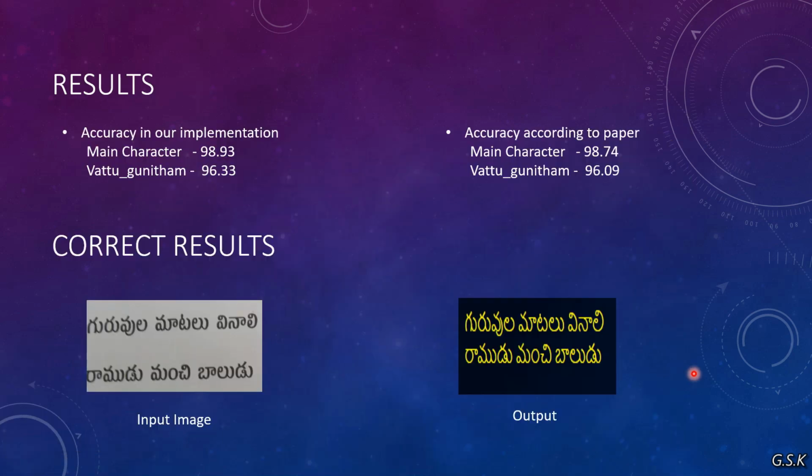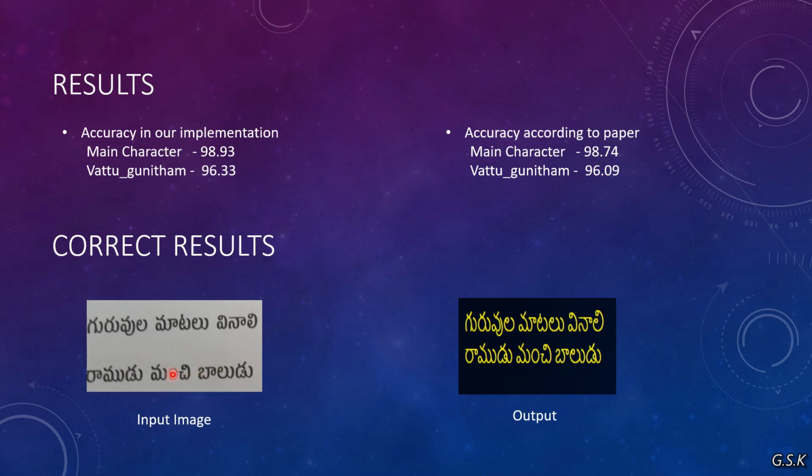And let's come to our results. These are the accuracies which we have got for our implementation. We got 98.93 accuracy for our main character model and 96.33 for the Vattugunitham model, which was pretty similar to what is mentioned in the paper, 98.74 and 96.09.